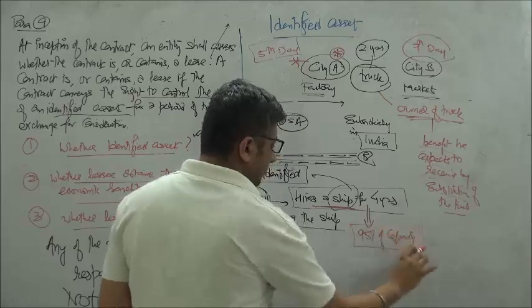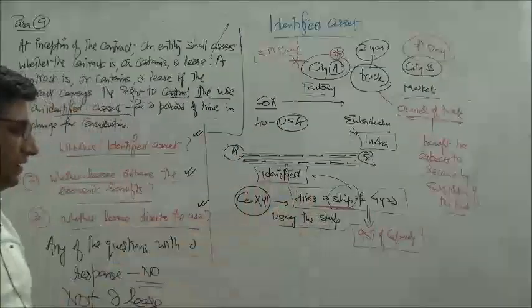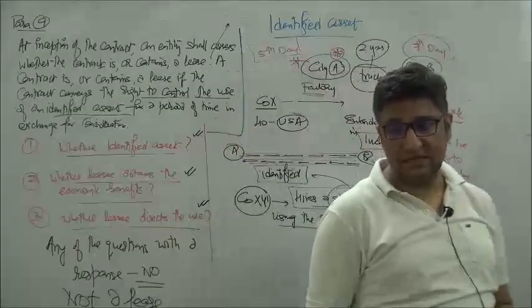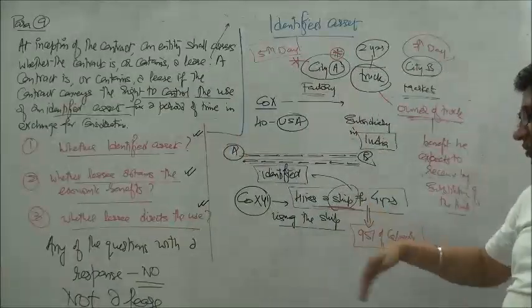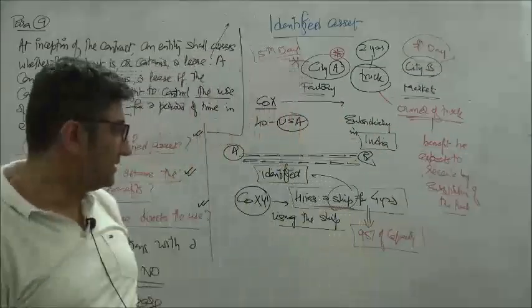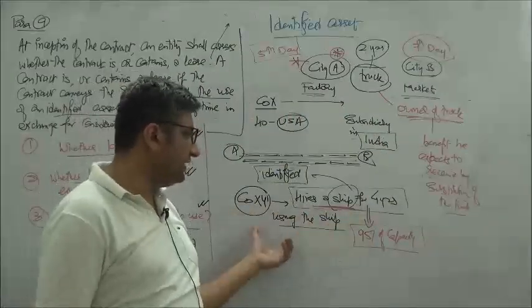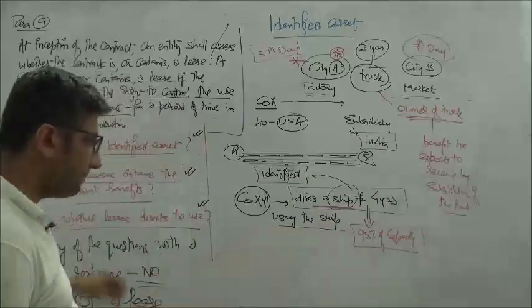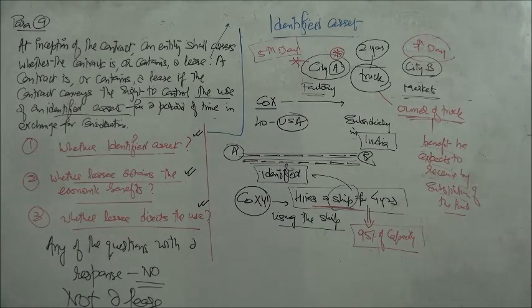Okay, you're using the ship, but you are only paying for 95% of the capacity, and that ship cannot be replaced by the owner. If he sees some business out of the voyage or the journeys, he is allowed to use the 5% of the capacity. Here we say, in this case, that asset, for example, is